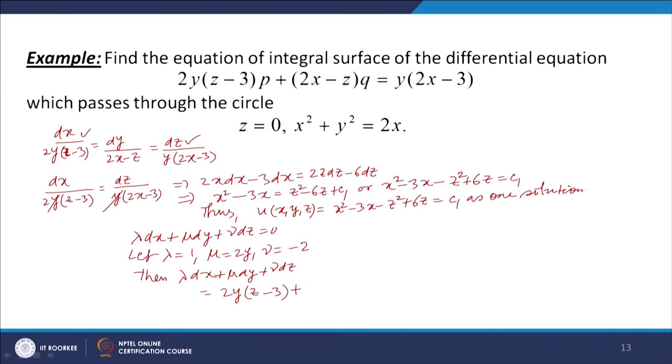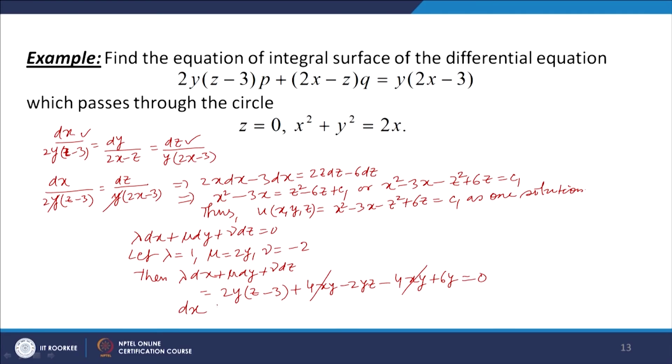So, we get 4xy minus 2yz, and then nu is minus 2, so minus 4xy plus 6y, and we can see that this cancels with this, and then here we get 2yz which will cancel with this 2yz, and minus 6y will cancel with 6y. So, we get 0, and thus